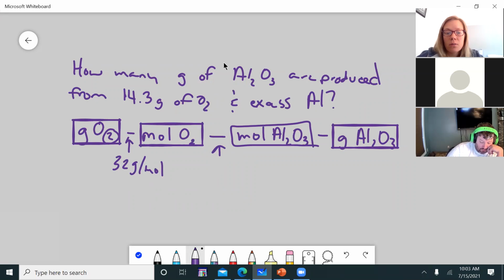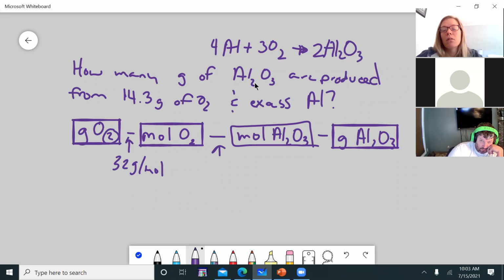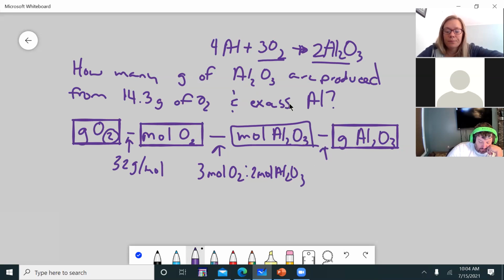What is the ratio? Let me put the balanced equation back up. 4 aluminum plus 3 O2 produces 2 Al2O3. So the ratio between the oxygen and the product is a 3-to-2 ratio: 3 moles of O2 for 2 moles of the Al2O3. And then this last step here,